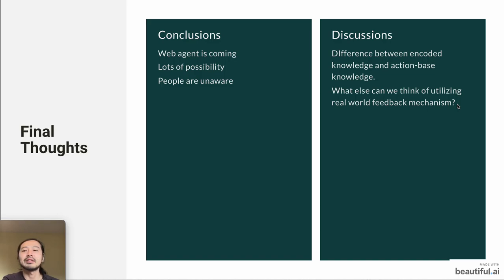Like self-driving cars need to rely on simulation because the events of failure, such as crash or accidents, are catastrophic. They cannot do that in the real world, but there must be some other use case where we can utilize a real world scenario. Okay, so that's all for